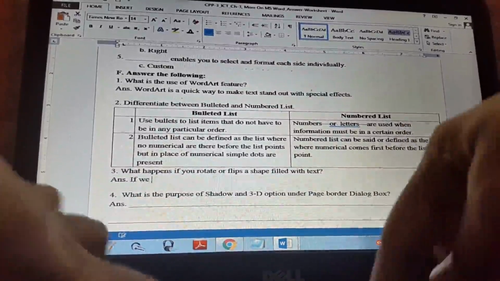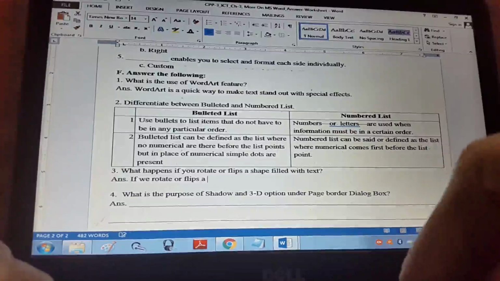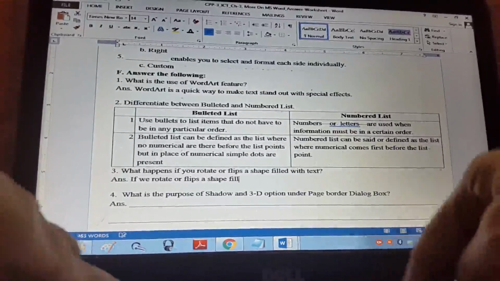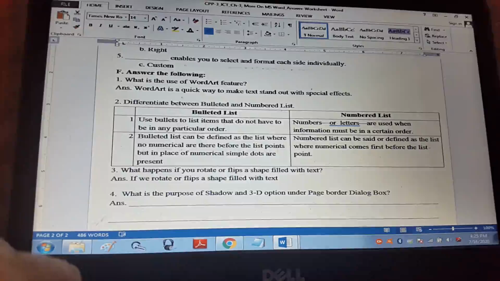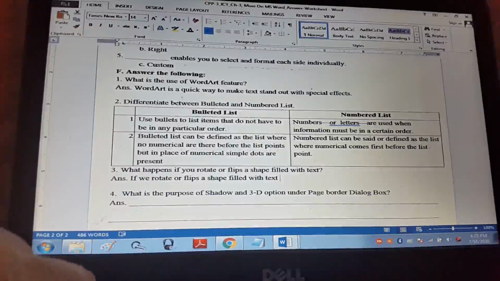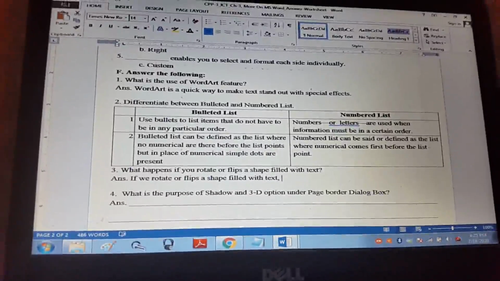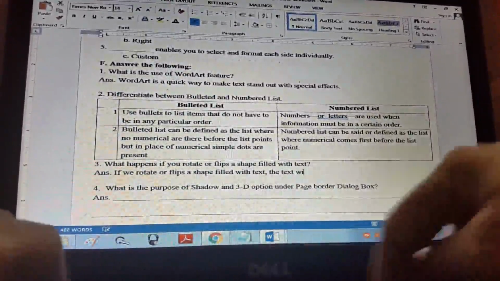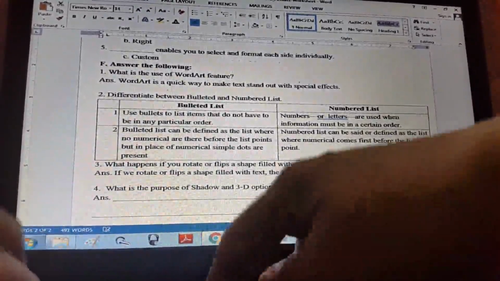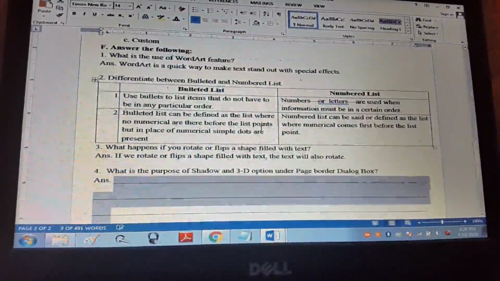If we rotate or flip a shape filled with text, the text will also rotate.